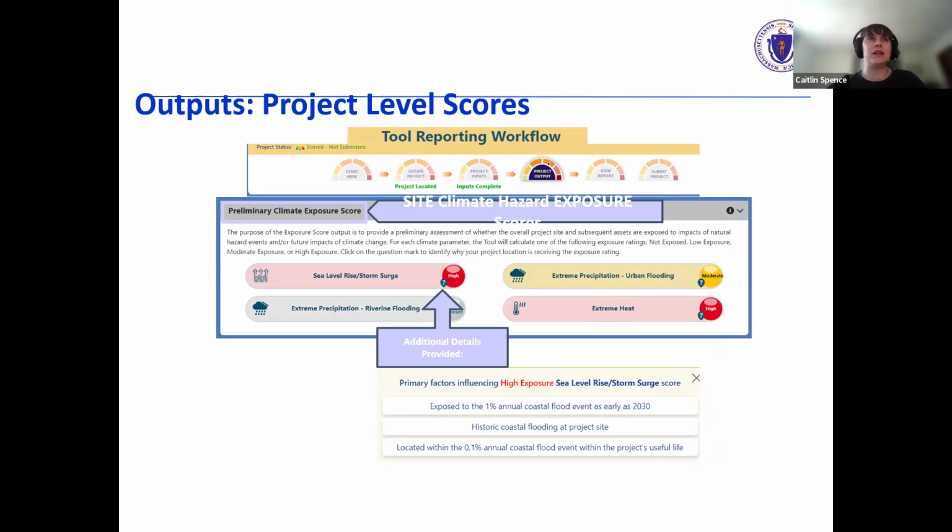Yes. So the climate exposure score will score whether the project has low, moderate, or high exposure to sea level rise and storm surge. In this example, the exposure is high.